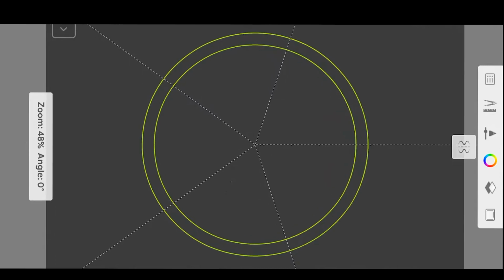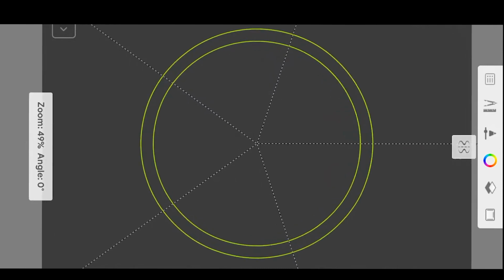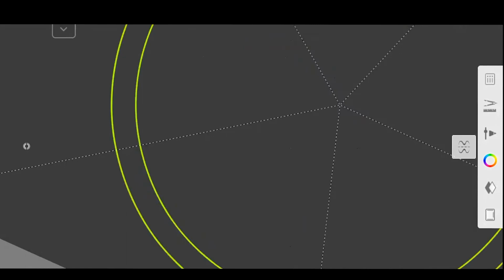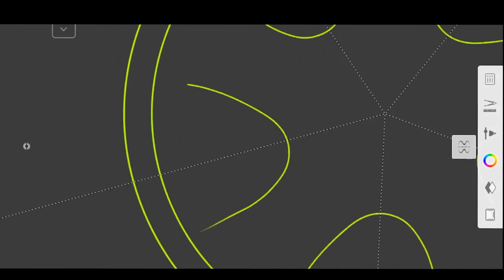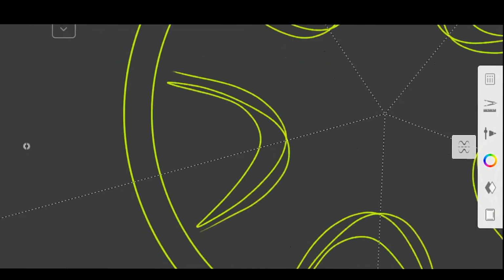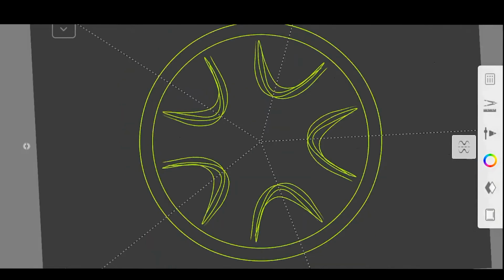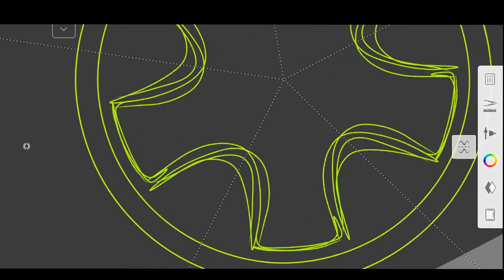So now I will zoom in a bit so that I will be able to do it properly. It is a basic one, so start like this. What I'm doing here is that I'm just zooming in and I'm drawing here very precisely.